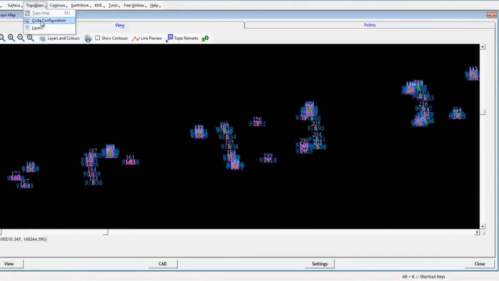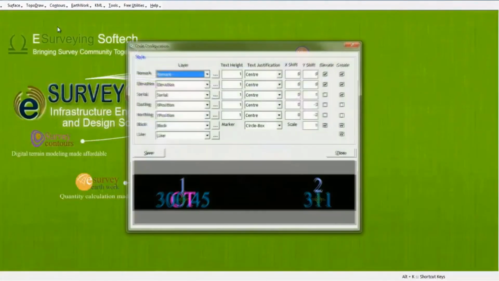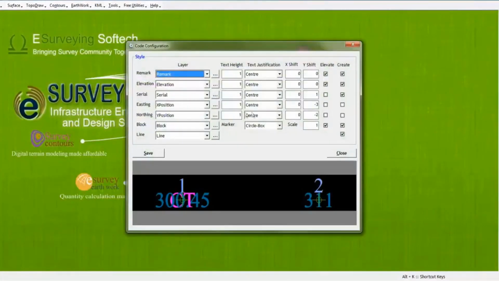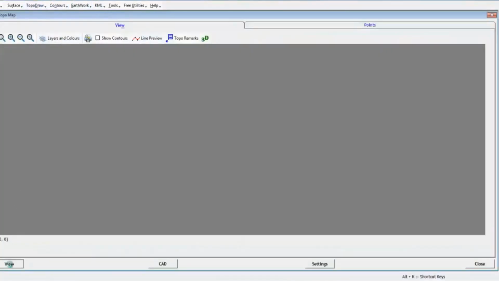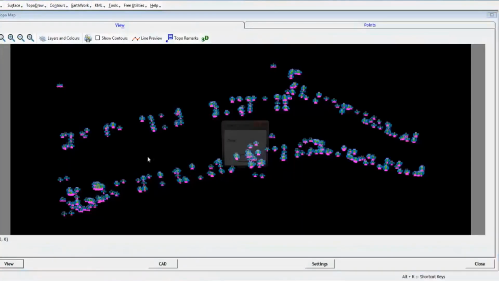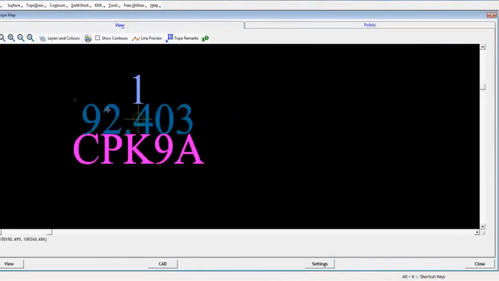In this window, we can make many modifications related to point property display, like position, output point in 2D or 3D, etc. To remove the overlapping, we will give a shift value of -1 for remark, which means that the text representing the remark will move downwards by 1 unit. After making these corrections, if we generate the drawing by clicking on the View button, we can note that drawing readability